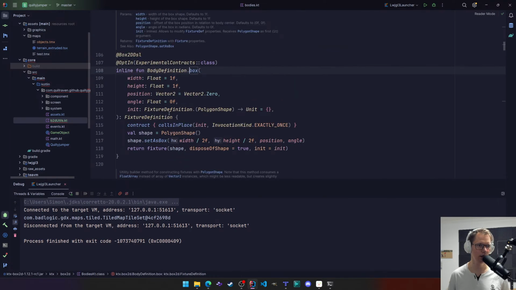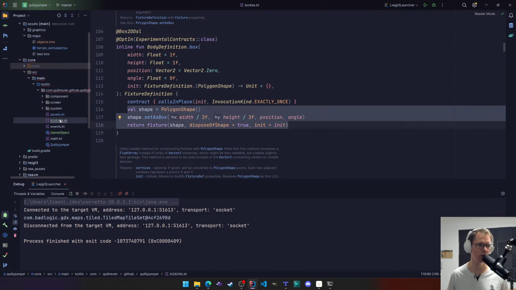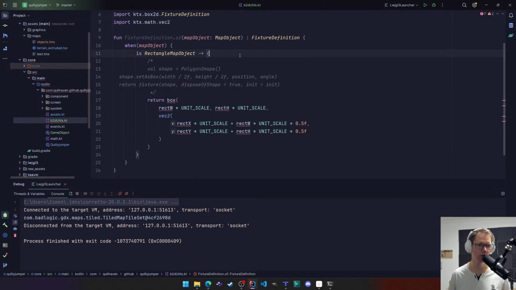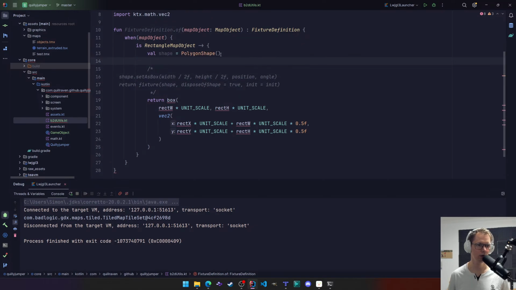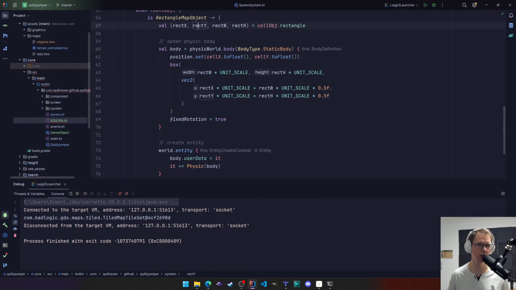And in the background, it's creating what? It's a shape and shape set as box. So this is what we need. So let's just take over that code from here and adapt it. So we have a shape, and this shape, we set it as a box. We did not destructure the rectangle, that one we also can take over from here,